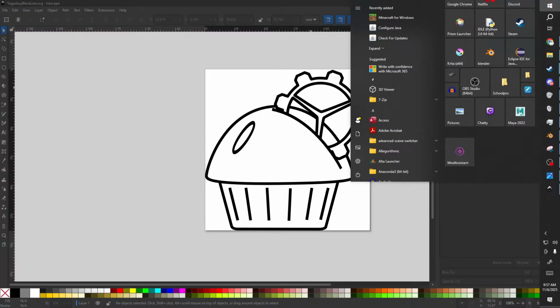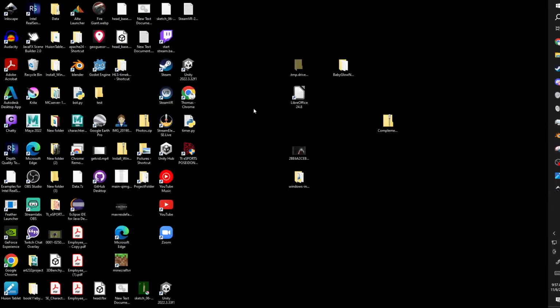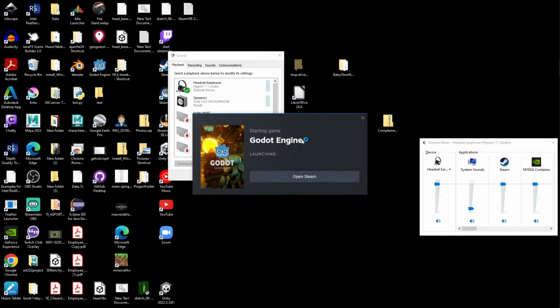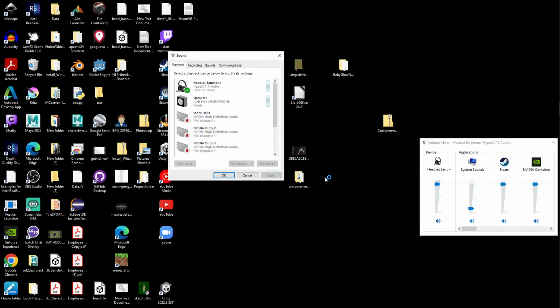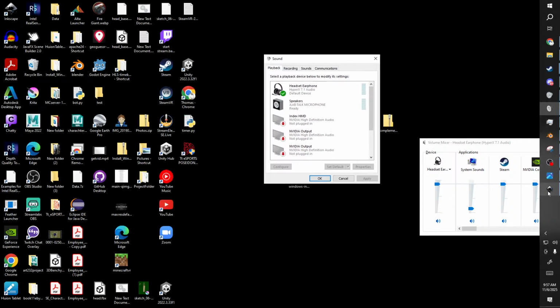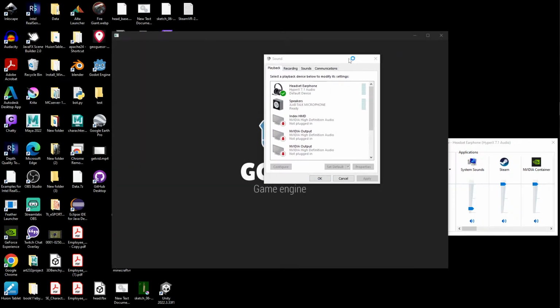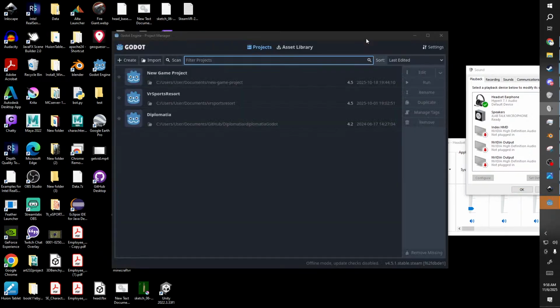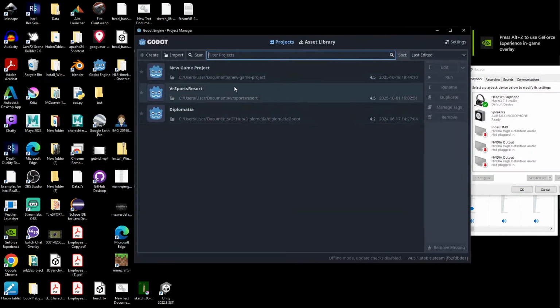Don't I have a... There we go. What happened? There we go. I know Godot has built-in features for handling that. Oh, I haven't even